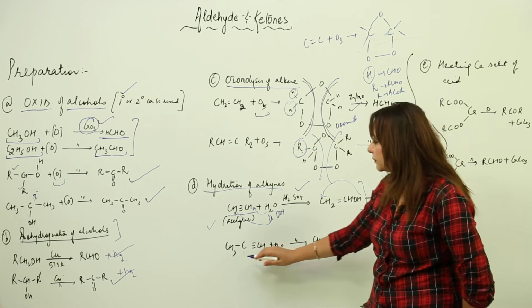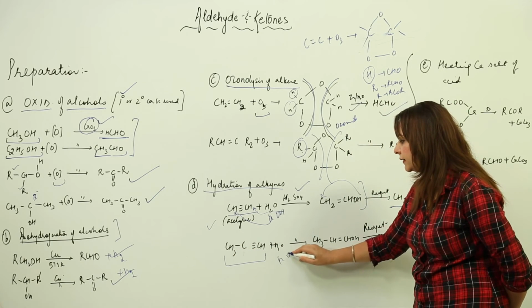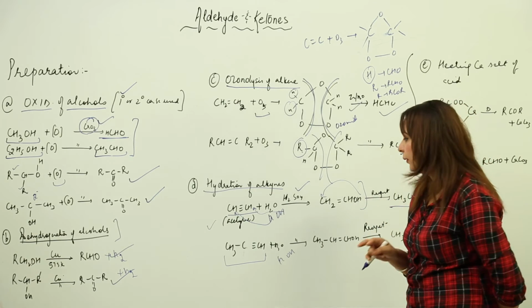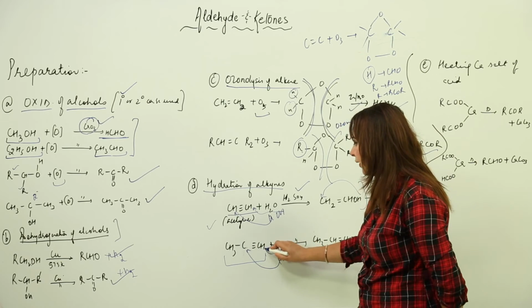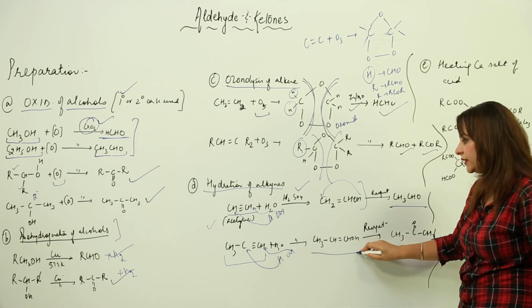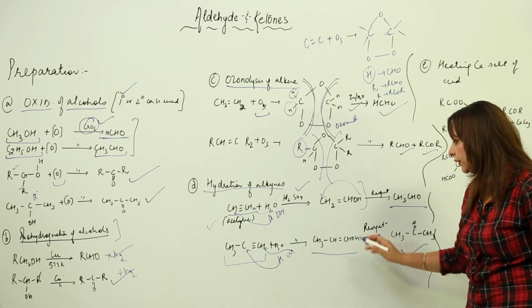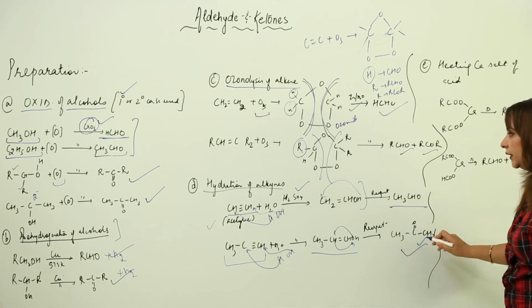See, this is my another alkyne, let's say it is propyne. We add water, again this is H and OH. This addition reaction is going to occur across the carbon which carries the triple bond. So H will attack here and OH here. It will form CH3, C double bond CHOH, which rearranges to form a ketone. This O will migrate to this place and H to this place.